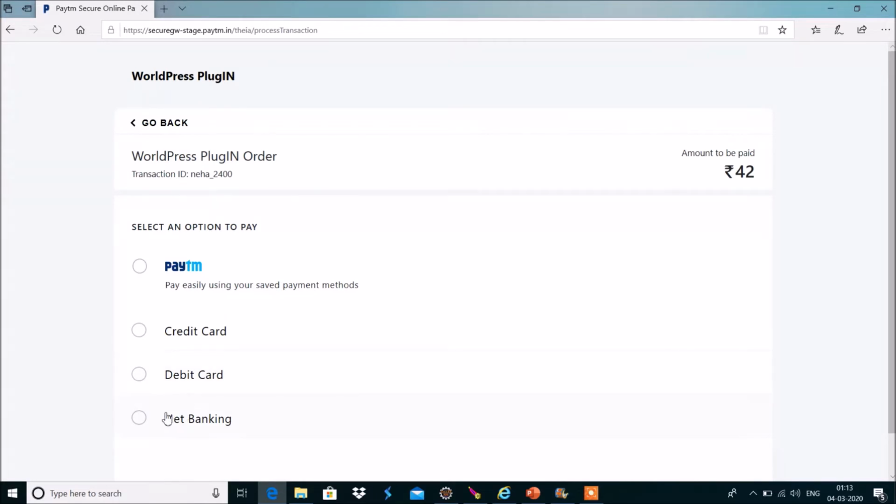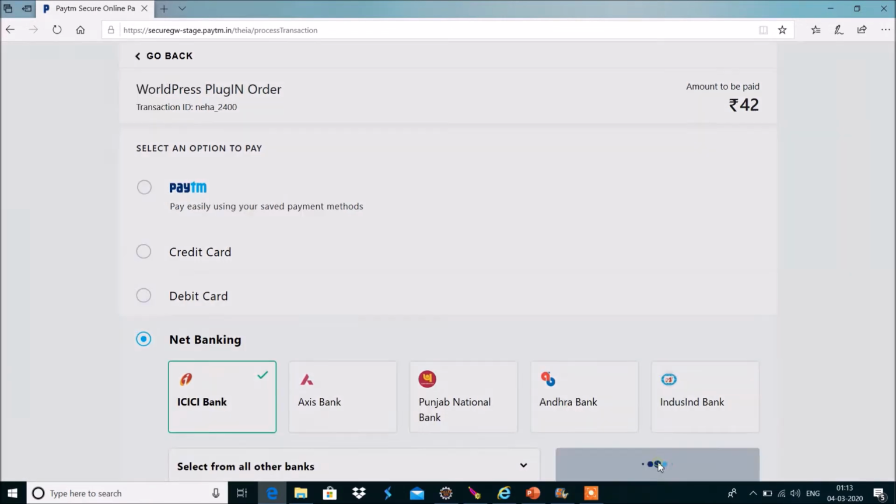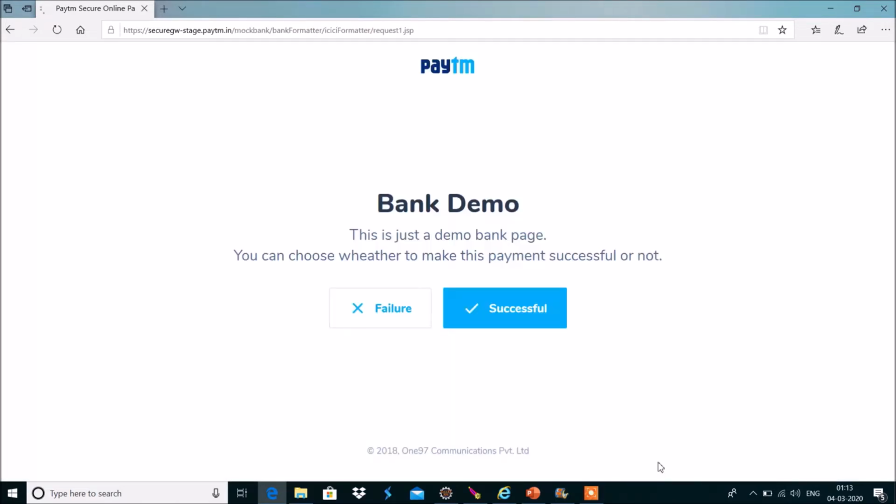So in this, the amount to be paid is 42, and we are paying it through net banking, ICICI Bank, and click on pay 42. And this is a Paytm wallet test API we are using in our local system. So these are the two buttons for the success scenario and the failure scenario, and we click